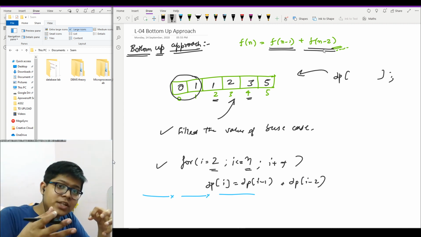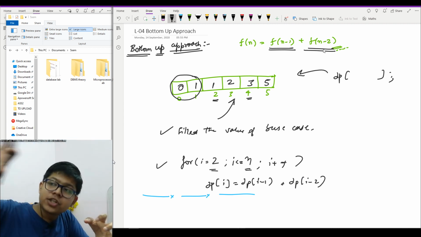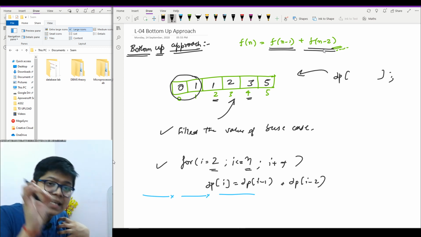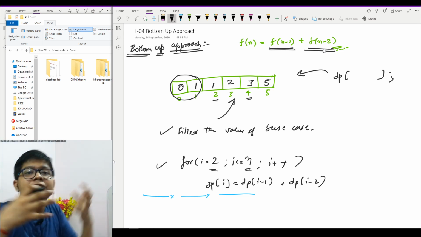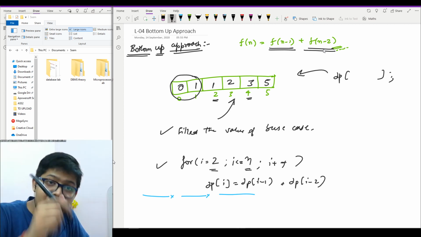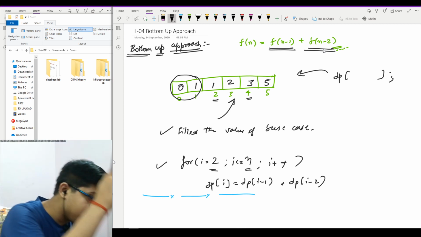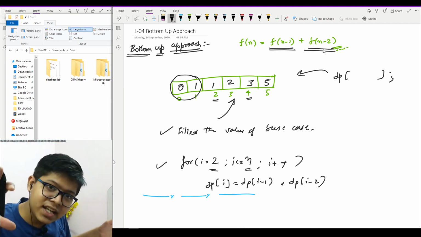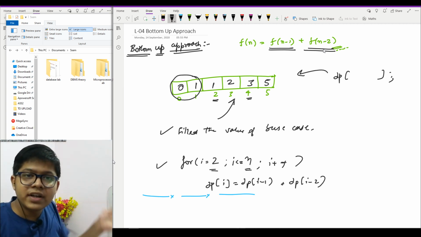Now, as we knew, f would call the function for lower values, but here when I am on dp of something, suppose dp of 3, I actually know I have the answer for dp of 2 and dp of 1. Why? Because I am arriving at 3 after iterating over 1 and 2.